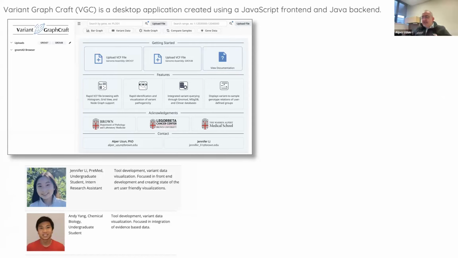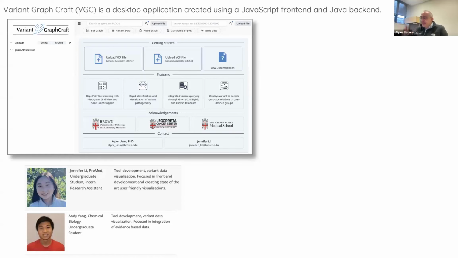They just want to get the results. So this tool is, first of all, very user-friendly. And these two guys, Jennifer and Andy, did a great job. Jennifer was the lead developer of this tool. So what we did was ask the question: if you have this VCF file and you want to bring up a specific gene of interest or specific genomic region of interest, how can you visualize it in a very friendly, faster, and secure way?